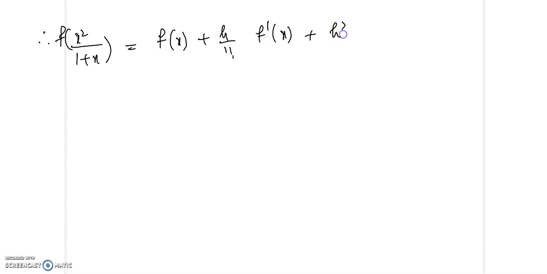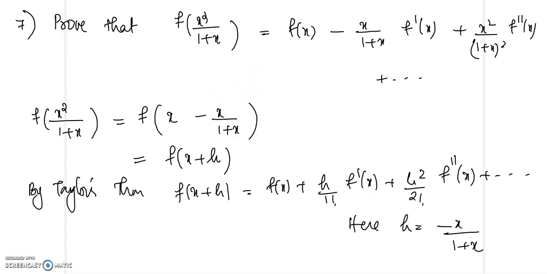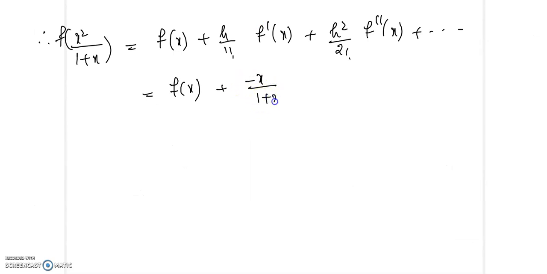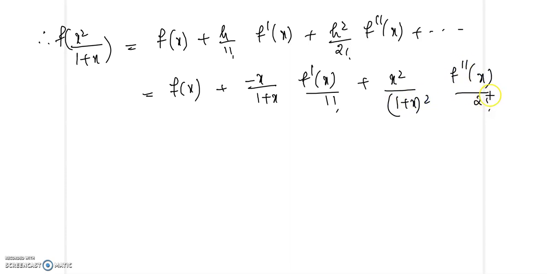So therefore f of x square by 1 plus x will be equal to f of x plus h by 1 factorial f dash of x plus h square by 2 factorial f double dash of x plus etc. So f of x will come as the first term, then h will be minus x by 1 plus x f dash of x by 1 factorial, h square will be x square by 1 plus x whole square f double dash of x by 2 factorial plus etc. So that is the required